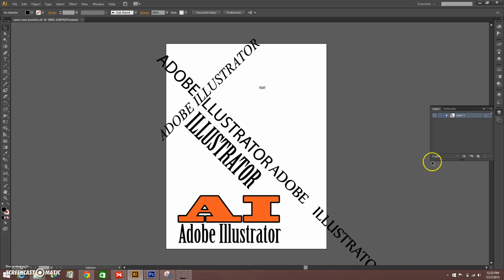Then of course you have a Layers palette. I have another video where I cover layers in greater detail, but they are different in Adobe Illustrator, and you have sub-layers embedded within that, which is kind of the major difference, I think, and I'll talk more about that in the layers tutorial.